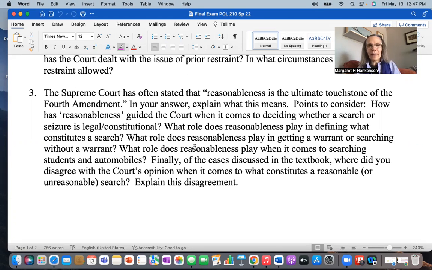And so you're reading through the chapter on the Fourth Amendment, and which one are you sort of like, whoa, I really disagree with the way the court ruled in this case? I disagree because they thought that this search was reasonable, or I disagree because they thought this search was unreasonable and I thought that it was actually a reasonable search. Okay, so that gives you an opportunity to think critically about the Fourth Amendment.